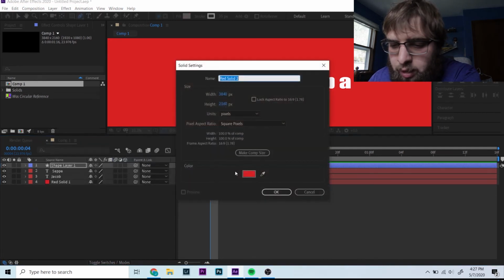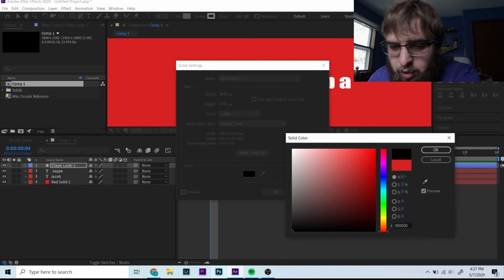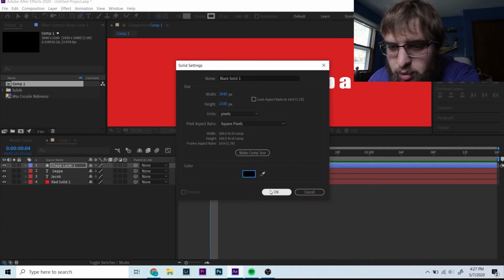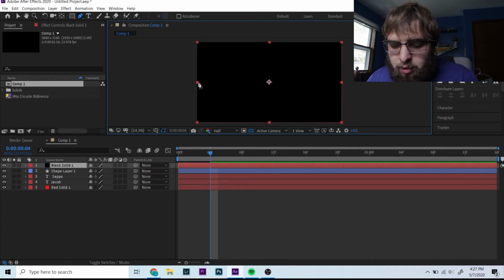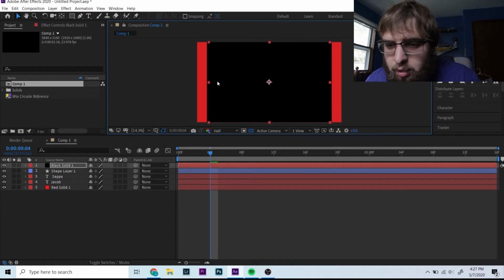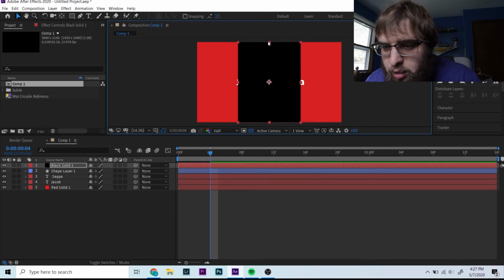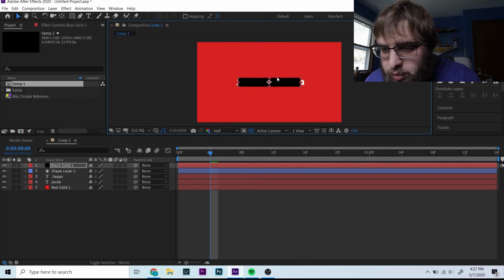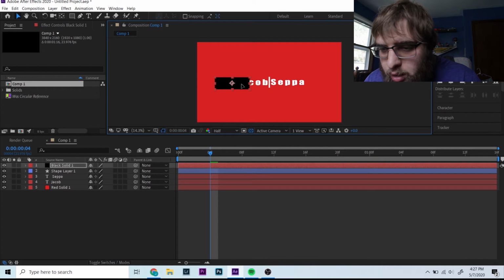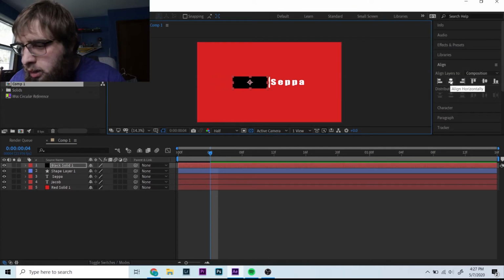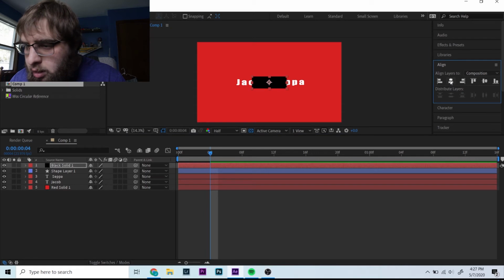So now we're going to add in a solid. I'm going to zoom back out to fit it so I can scale this. Make sure it's a little bit bigger than your text. Not the full text, but just whatever one half of it. So like, that's pretty good. I'm going to align this horizontally, vertically,